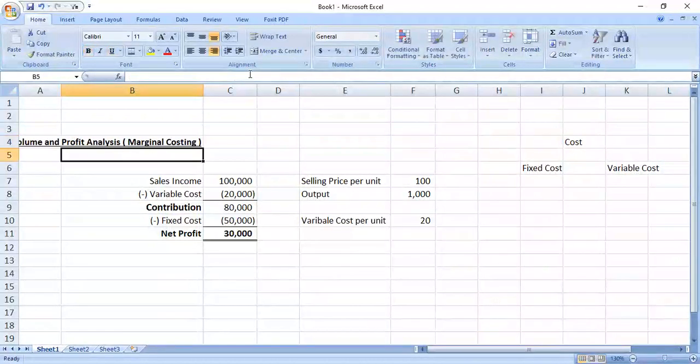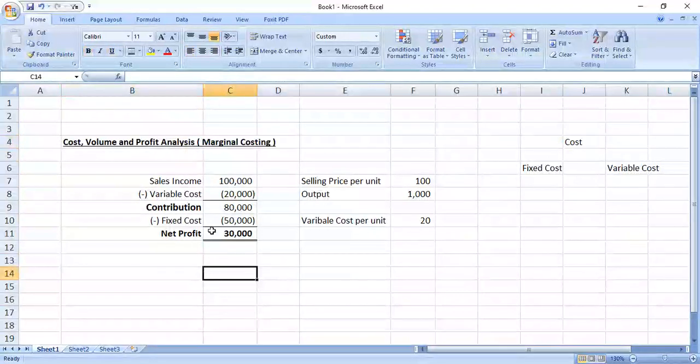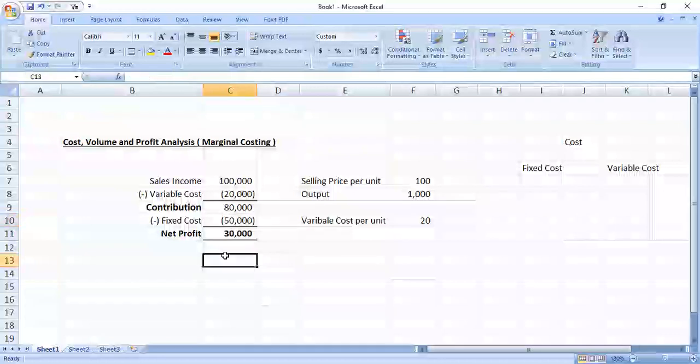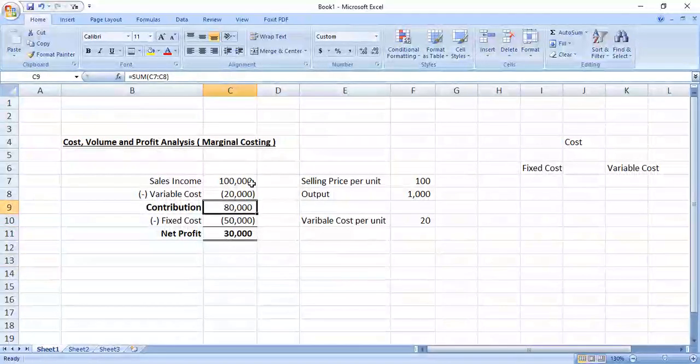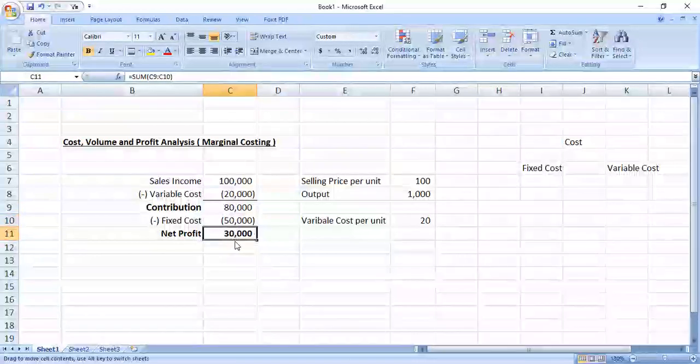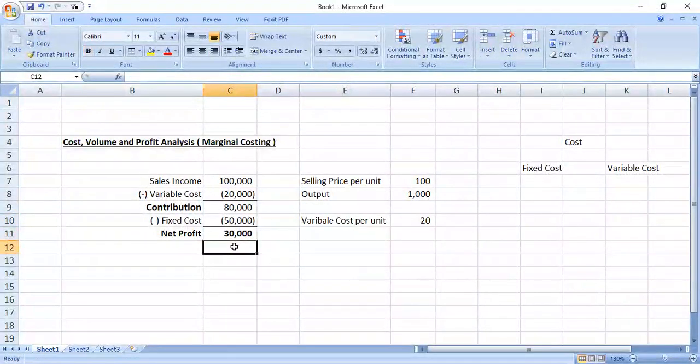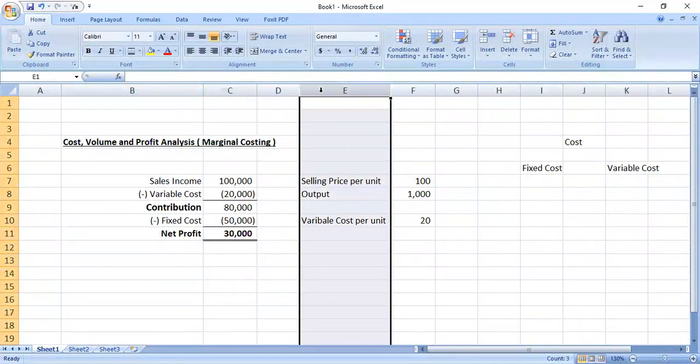In marginal costing or cost volume profit analysis, the net profit is arrived at how? From the contribution by deducting the fixed cost. How do you arrive at the contribution? From the sales income you deduct the variable cost, you get the contribution, and from contribution you deduct the fixed cost, which gives the net profit. Okay, right? So the same thing we can do like this also. How? Now this is very